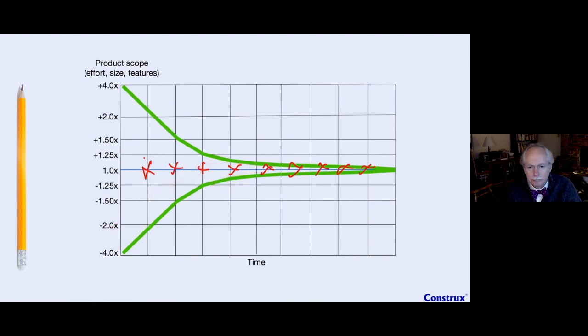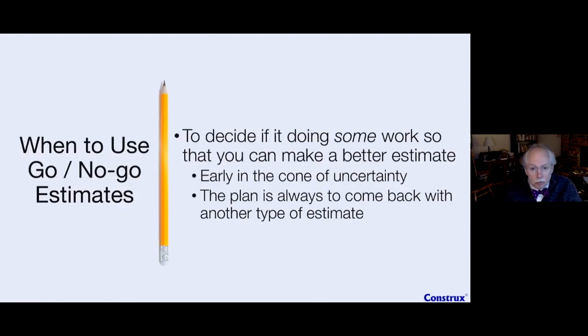Okay? So that's my bonus one, go or no go. So when do you use go or no go estimates? I like to use it on that first part of the cone. I like to decide whether it helps to get some work going forward. And if it's helpful to get some work going forward, then I will go there. And then we'll come back to a more traditional estimation type. Probably if I can get 35 to 40% in, I'm certainly going to come back with my promise estimation type, because that's what they wanted to hear all along.